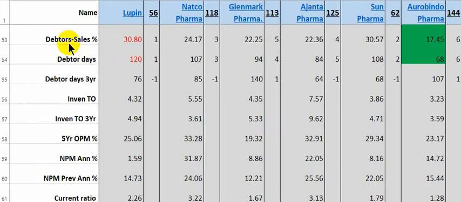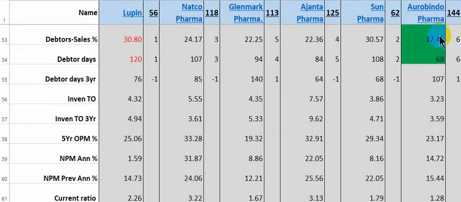So in terms of debtors or customers still pending to be collected, Lupin had the highest number of debtors from whom it had to collect payment against this year's sales. Not only that, but the number of days it is giving its customers to pay the company for the credit sales is 120 days. So in terms of both the collection to be done and the collection days, it is the highest for Lupin,